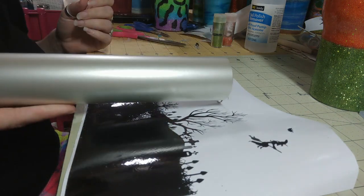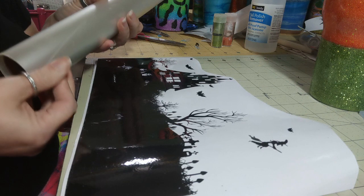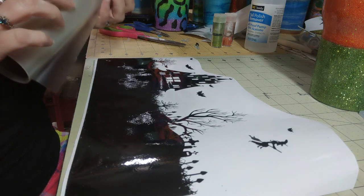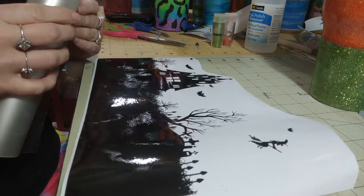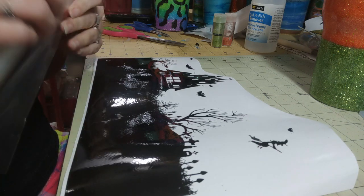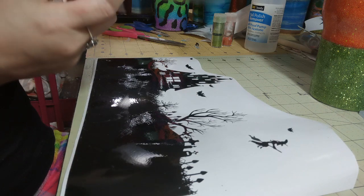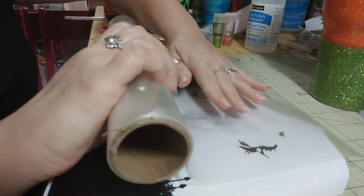So I get this transfer tape here from Expressions Vinyl. It's just their clear, sticky transfer tape. It's not super strong hold, but I've never had a problem. I mean, you might not be able to pick up some of the more specialty vinyls, like I don't know how well it would do on the rough texture glitter vinyl, but I really like this one. I've got a little bit heavier duty one too for when I use the heavier textures, but I'm just going to lay this on,